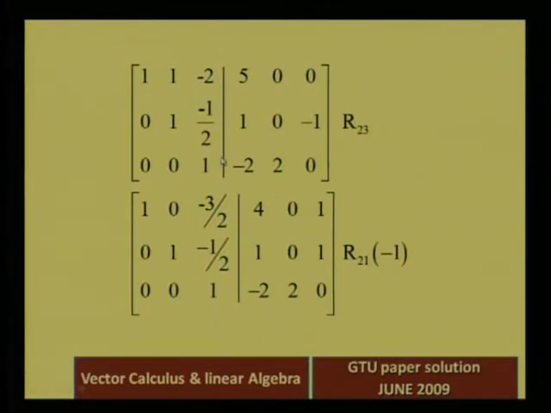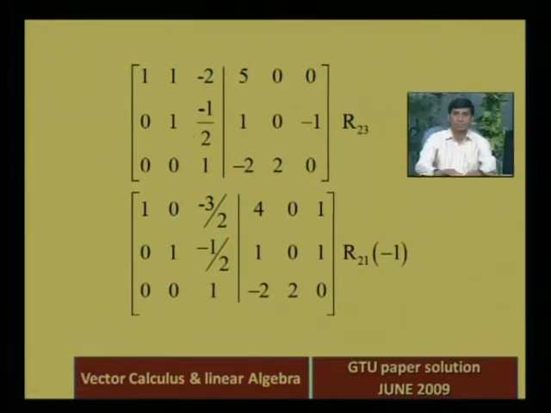Okay, now this is our leading entry, below that leading entry in the first column we have 0. Now in the second column, second row, this is our leading entry, and below that we already have 0, but above this leading entry we want 0 here. So now we multiply the second row with minus 1 and add it into the first row. So this is our next process.